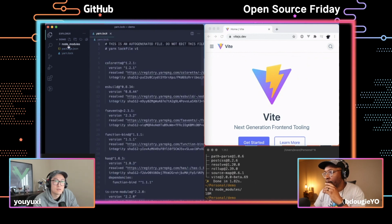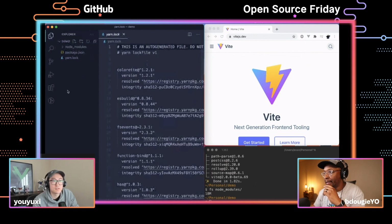Yeah, so let's just ignore all of the existing stuff. I'm just going to create an index. Can you explain what we're looking at as well? These are the node modules. Yeah, this is just what it creates after you run npm install, yarn add. It doesn't really matter. So I'm just going to create an index.html file